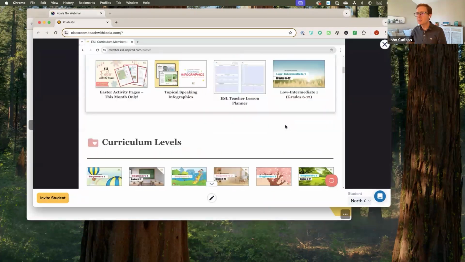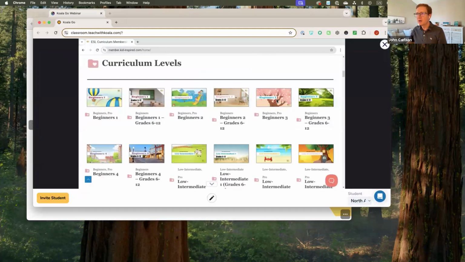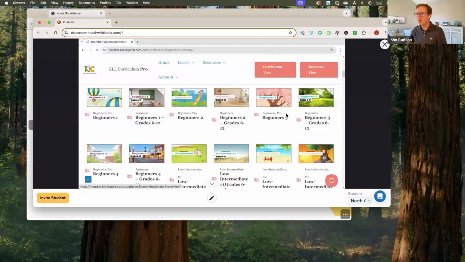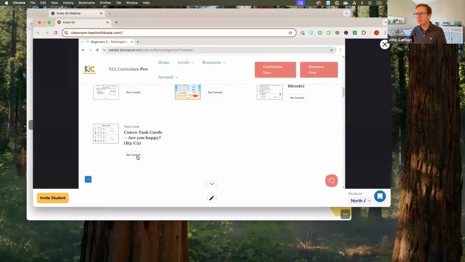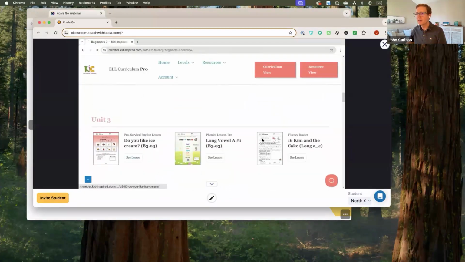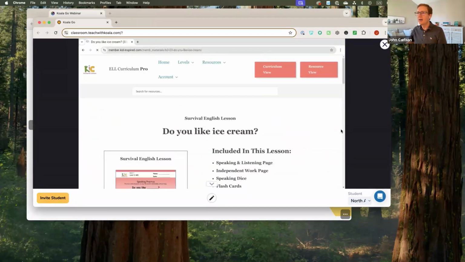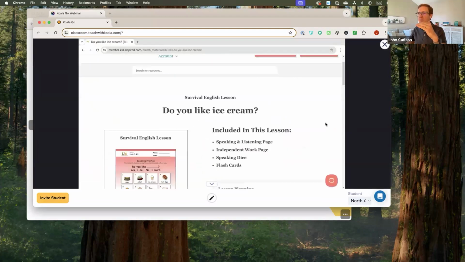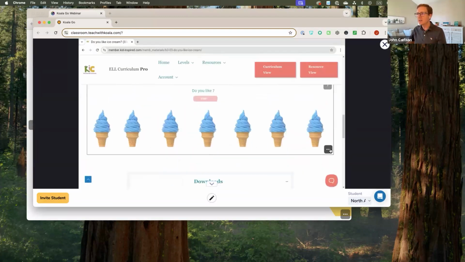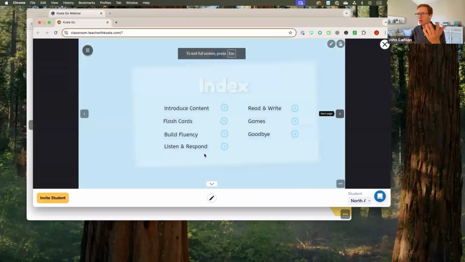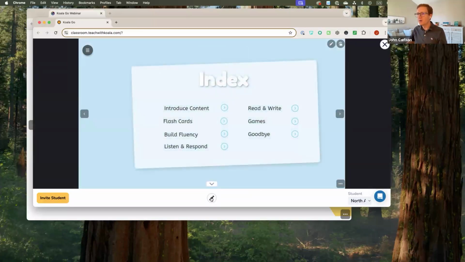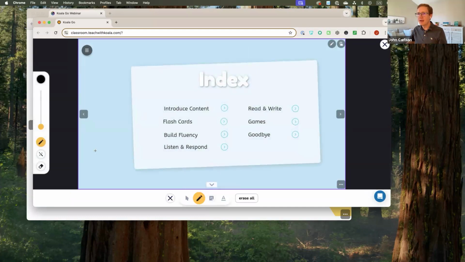This is the home page, and you can scroll down. You can go to any of these levels inside the Koala Go browser. You can scroll down to the first lessons or whatever you're working on, and you click on those, and then our interactive slides are at the bottom of these pages. You scroll down the slides here, and you click on these dots, go full screen, and then you're fully operational with Koala Go. Both you and your student can interact with the content.